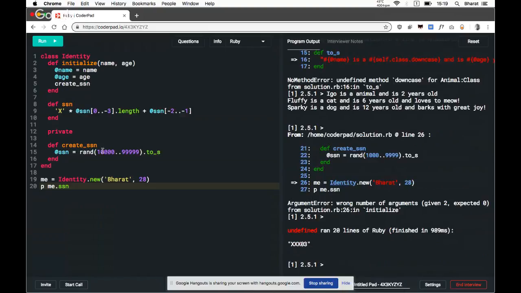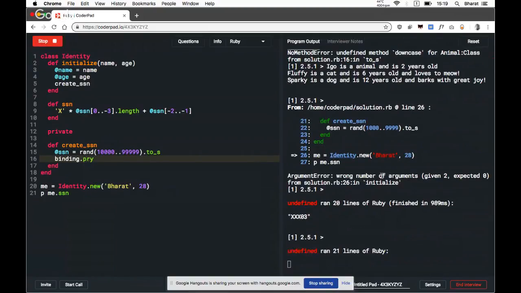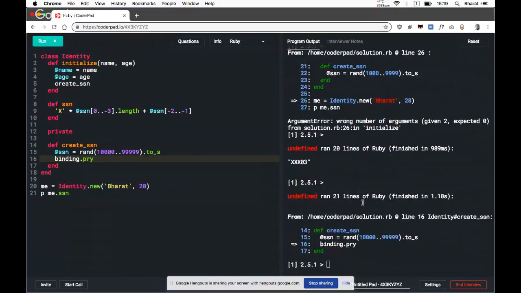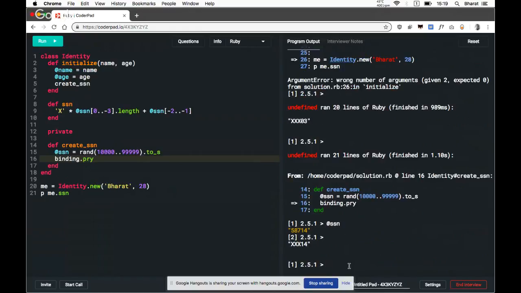Yes. If you want to see the actual value, you can use a binding. So this is 5.874, and if I do the next call, I get 874. Okay, so this proves the value of a private method.